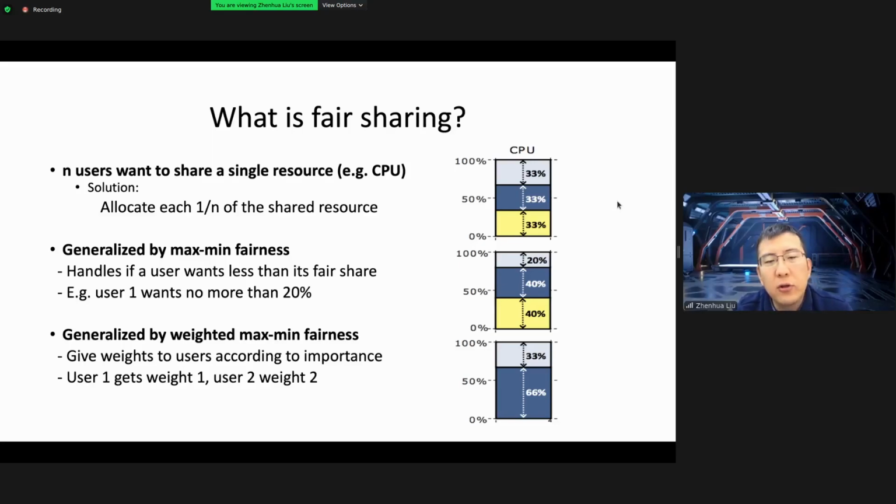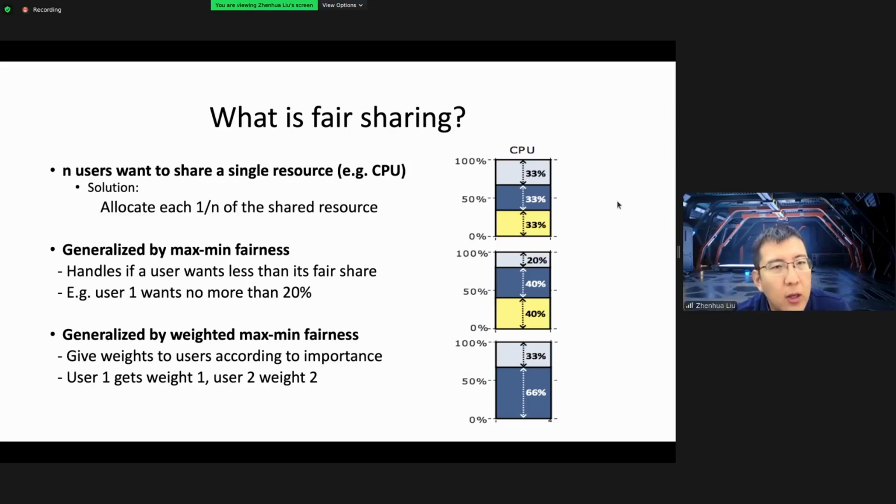So we can further go to the weighted max-min fairness. If user one has weight one, user two has weight two, then user one gets 1/3 of the resource, while user two gets 2/3, right? Those are all for single resource